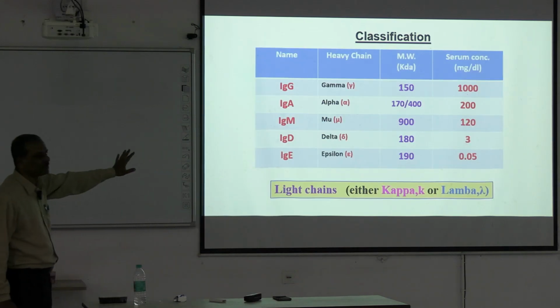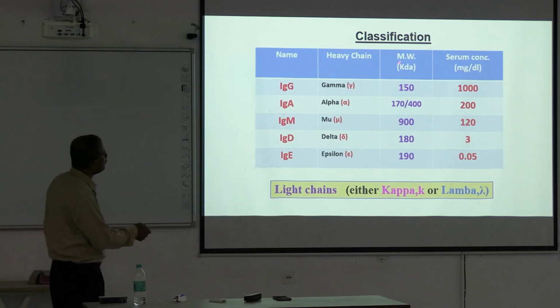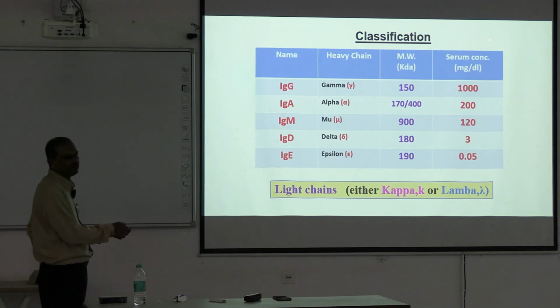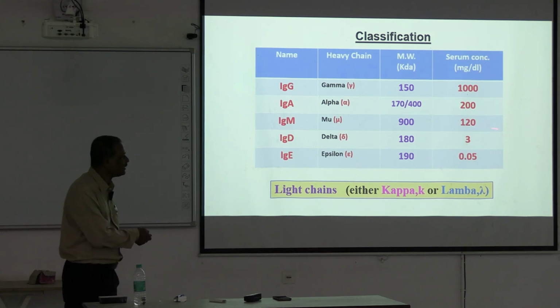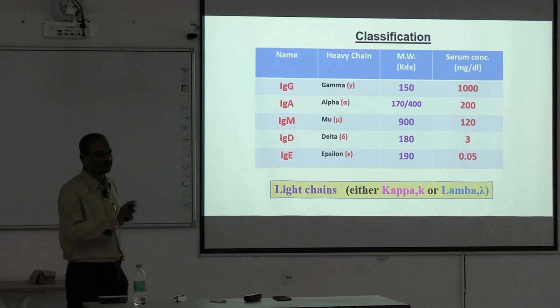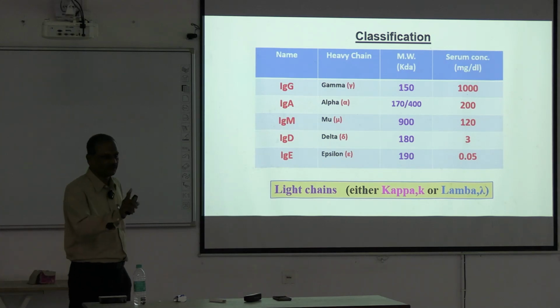So classification, as I told you, there are 5 chains. Now look at the molecular weight. IgG has a molecular weight of 150 because of the composition of the amino acids. IgA is a monomer, but its molecular weight ranges from 170 to 400 because of the amino acid composition. IgM, roughly 150 into 5,